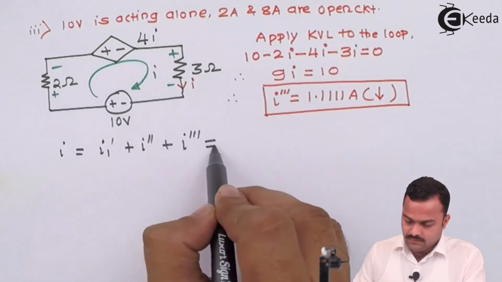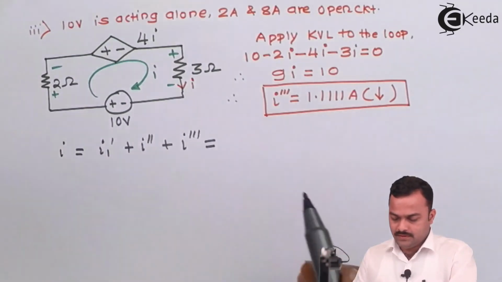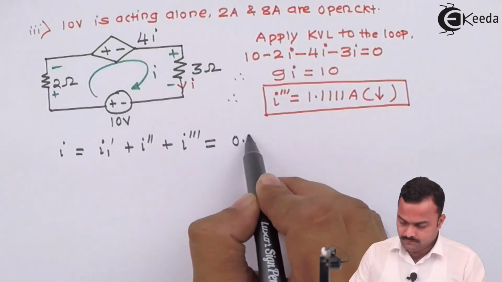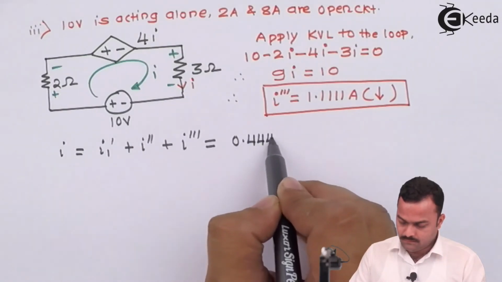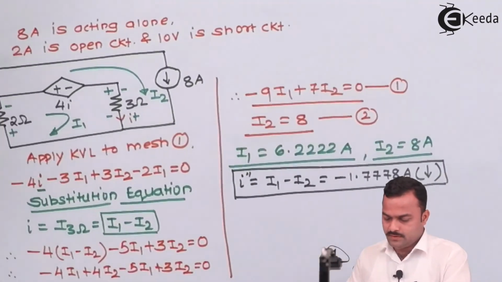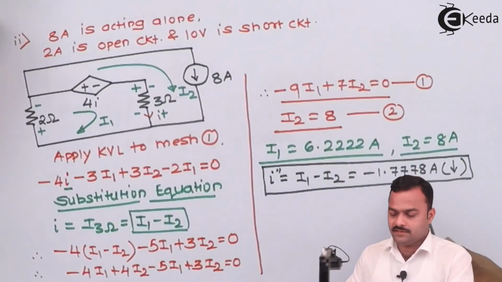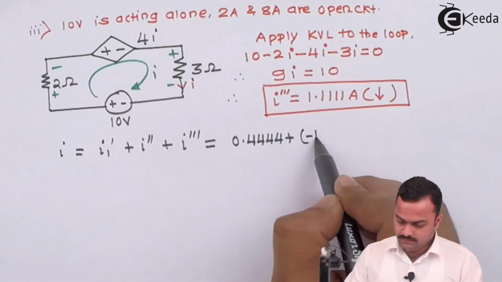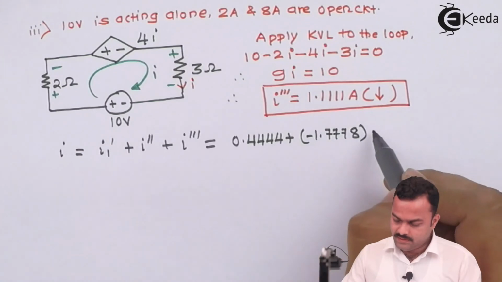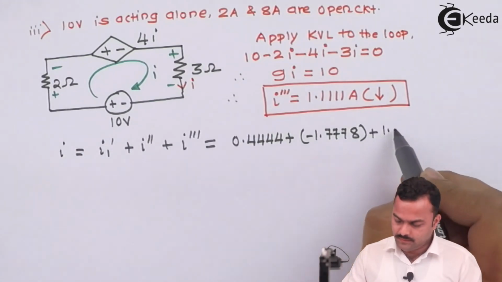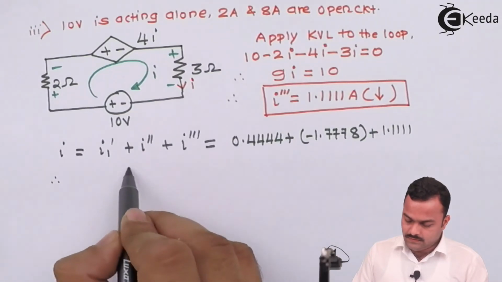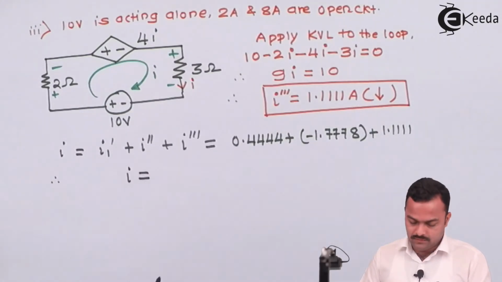So I dash we obtained as 0.4444, I double dash we obtained as minus 1.7778, and finally I triple dash is 1.1111. So if I solve this, I will get the value of I as